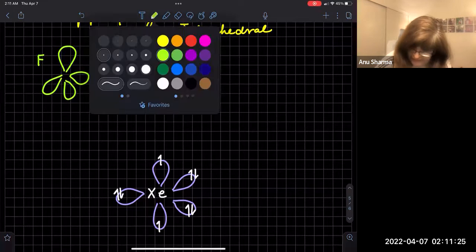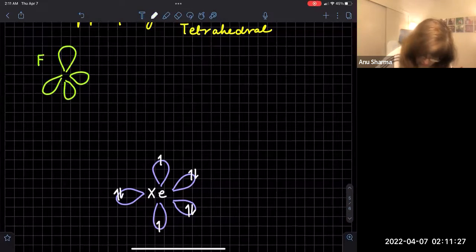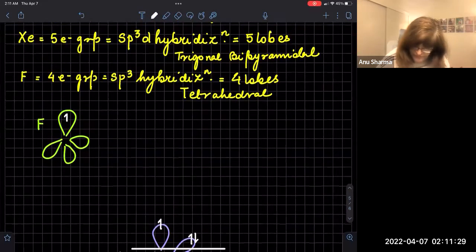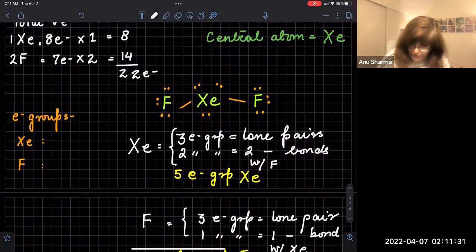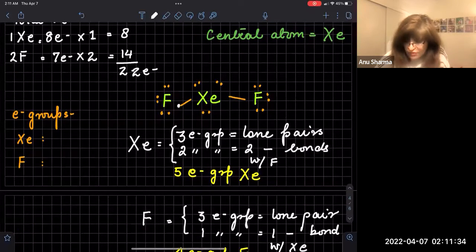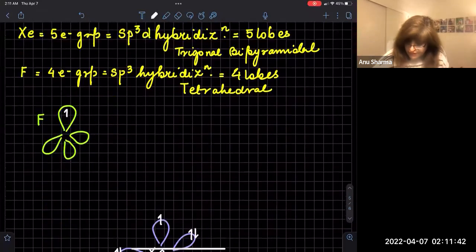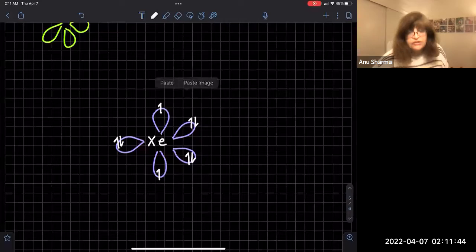Now here is the scenario with the fluorine. 1 electron here, this is the 1 electron of fluorine. This is the other electron of xenon. So the other electron of xenon, which is unpaired, top and bottom, they will occupy the top and bottom, because